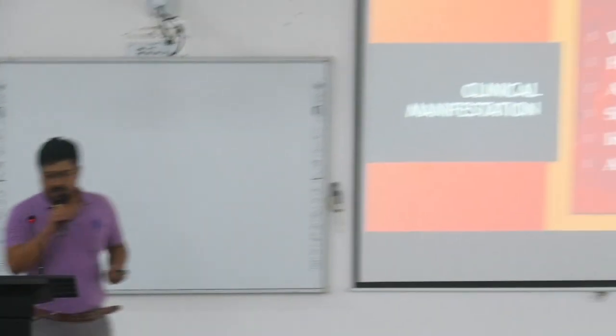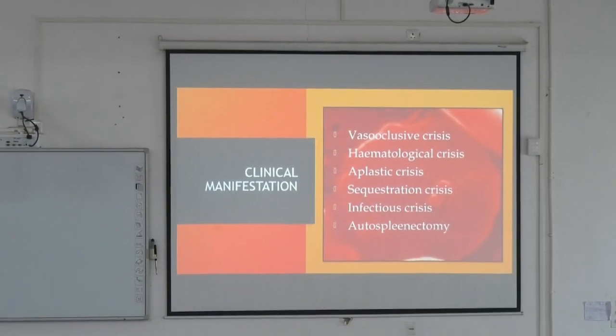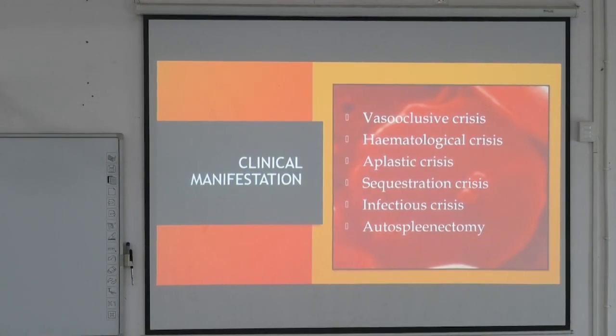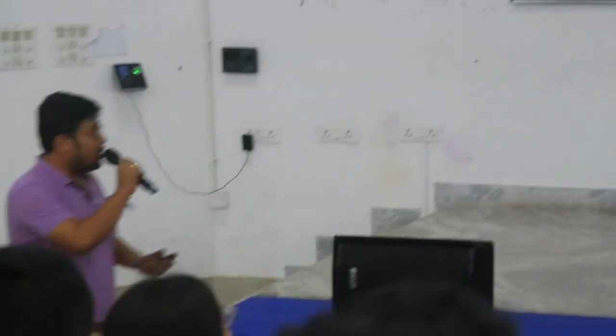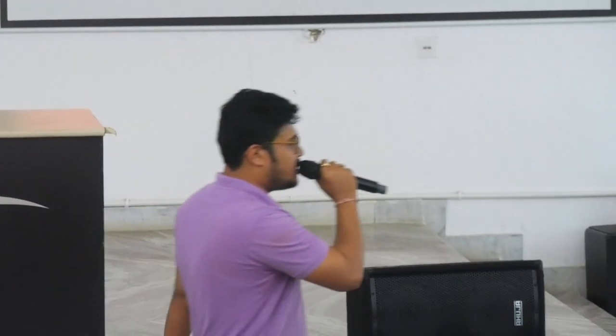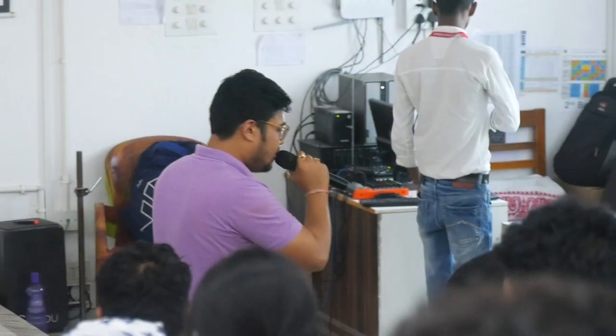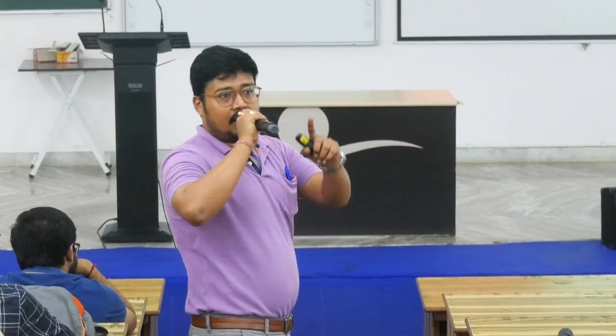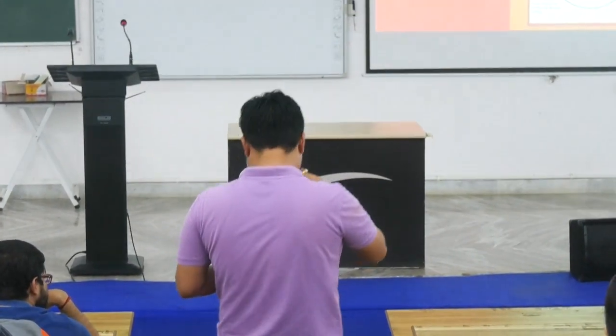So the clinical manifestations, as I earlier elaborated, are due to vaso-occlusive crisis, hematological crisis, aplastic crisis, sequestration crisis, autosplenectomy. The spleen is sequestrated on its own. Infectious crisis due to decrease in the total cell count, decrease in neutrophil count, and increased RBC destruction, which means increased bilirubin, in the indirect form. Okay, bone pain due to